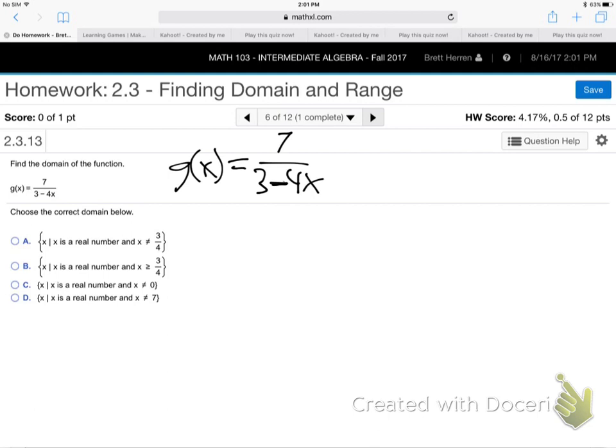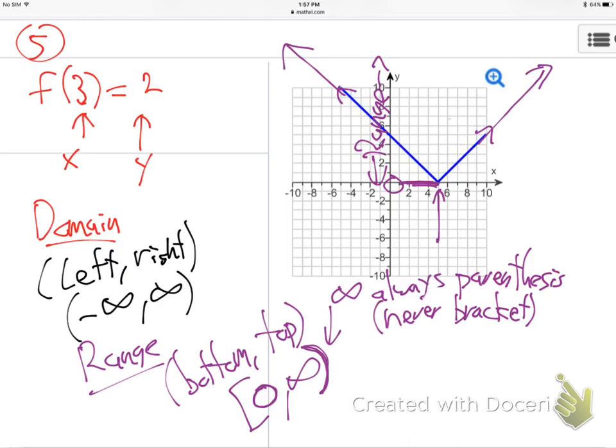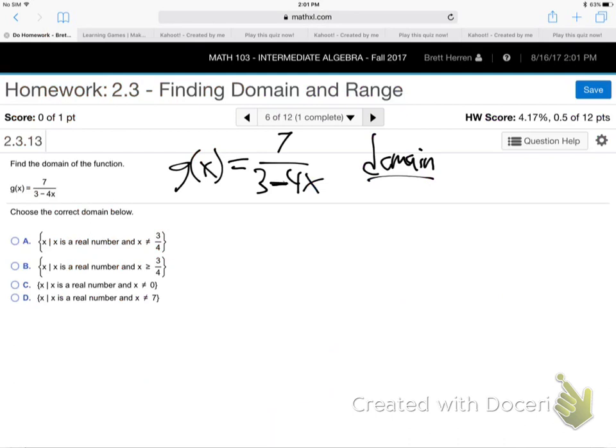So domain. What do they mean, domain? It's kind of a weird thing. Domain means, well, we already had domain on a picture a minute ago, right? You're probably thinking, well, we know domain. Domain is left edge, right edge. Well, yeah, on a picture. Because what domain means is left edge, right edge, that means x-axis, doesn't it? So domain means x values. Left edge, right edge, that's width coverage, that's x values, right? On a picture. And that's what it means here. Domain means